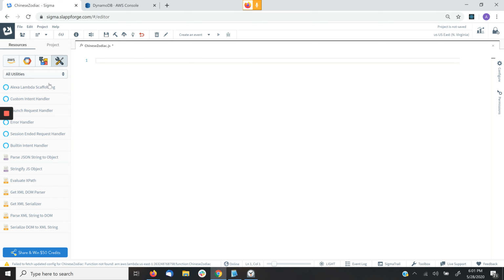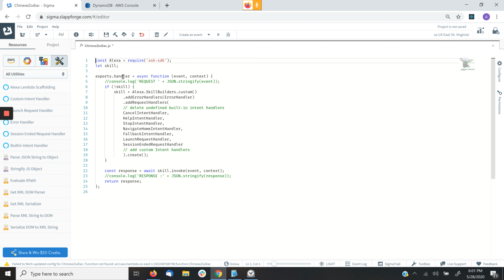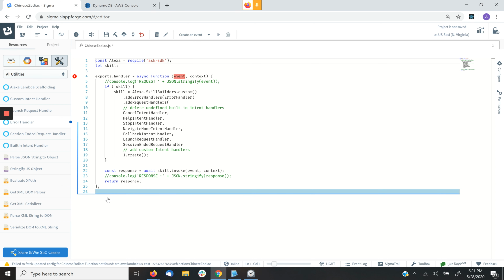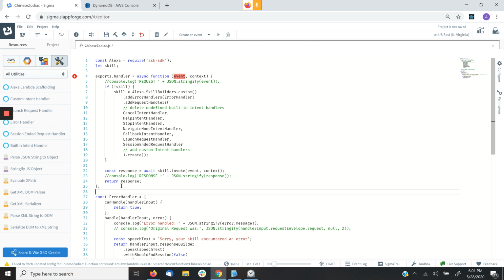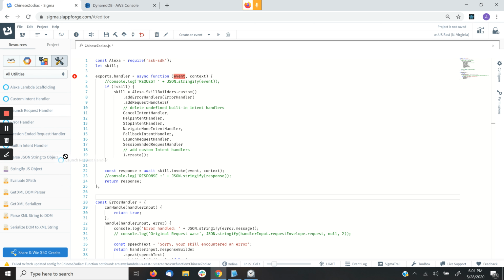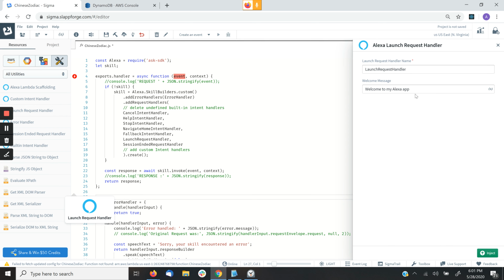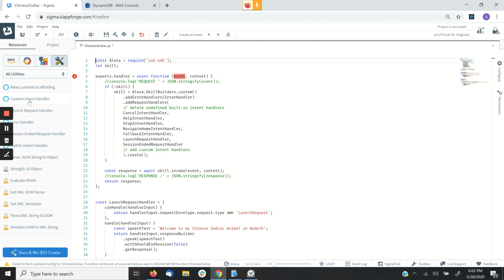Go into the utilities and drag Alexa Lambda scaffolding. It's going to generate the basic code and add the dependencies. And I'm going to drag an error handler with the default text. If I want, I will customize the error handler. And I'm going to drag the launch request handler. Welcome to my Chinese Zodiac animal in Node.js. Inject. And my custom intent handler,